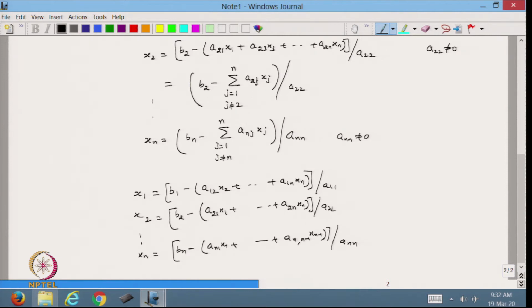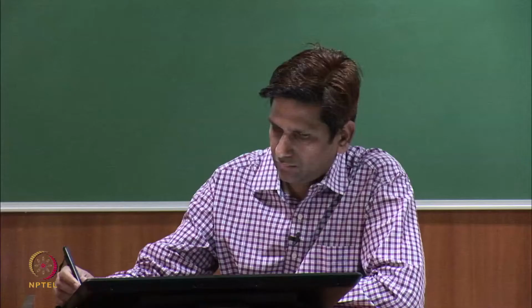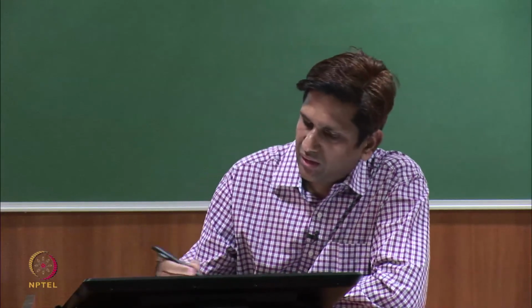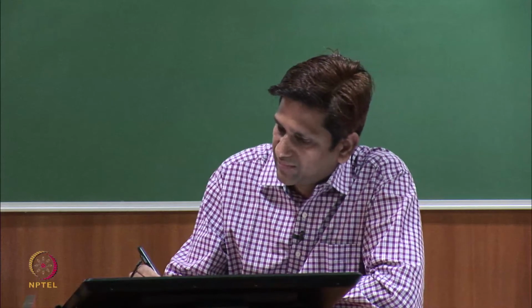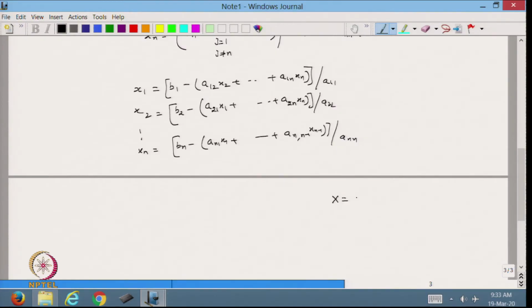Now, if this is the system I am getting, I know that in the iterative process I want this to be my iterative process. Suppose I take a capital X, a column vector representing x1, x2, up to xn. Suppose this is my exact solution. In this case, for the iterative process,